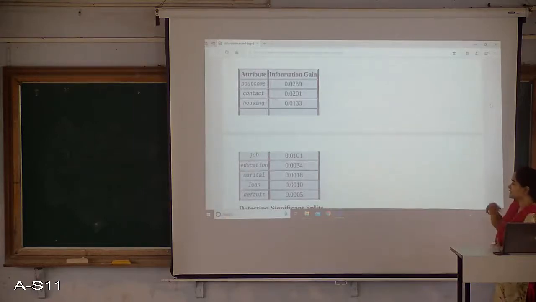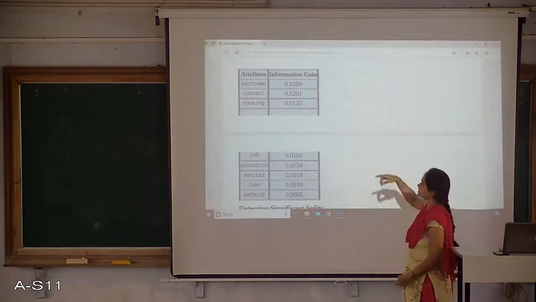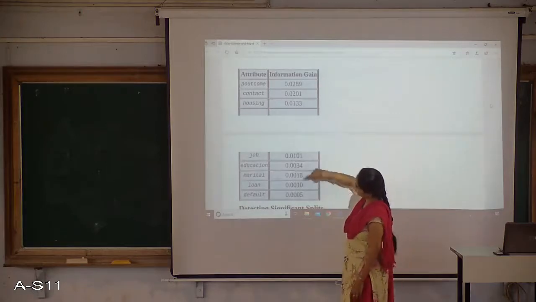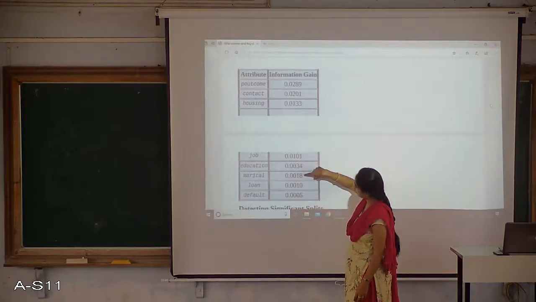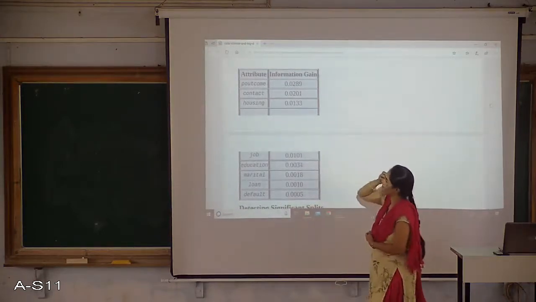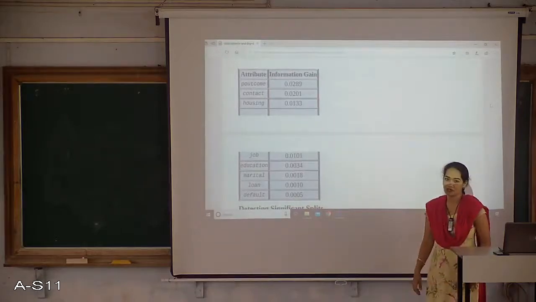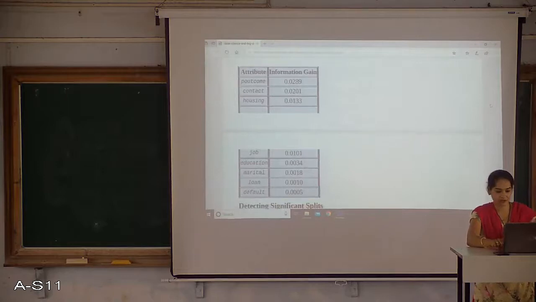When I look at all these ranges, I find that P outcome has a higher information gain. Loan is having very little, marital status very little, so it has a higher value compared to all other variables.